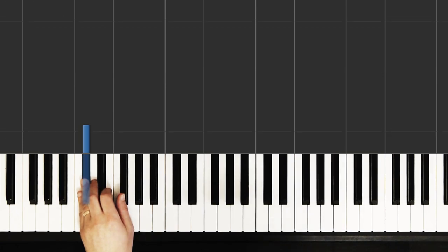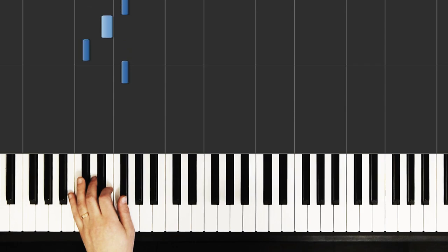Okay, let's put a little bit of rhythm on that. It's going to be all 8th notes. 1 and 2 and 3 and 4 and...